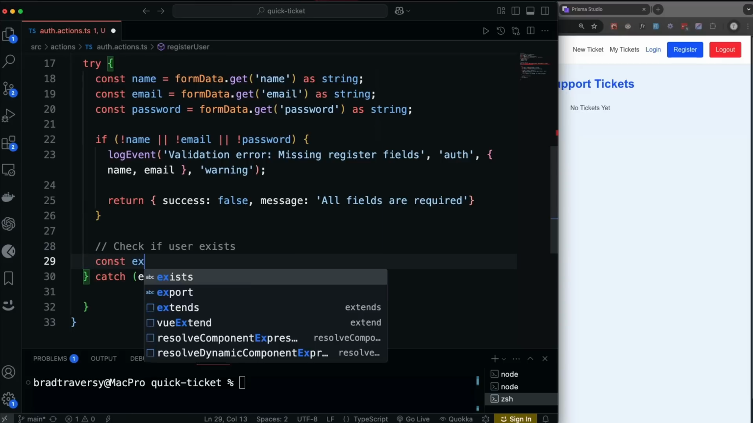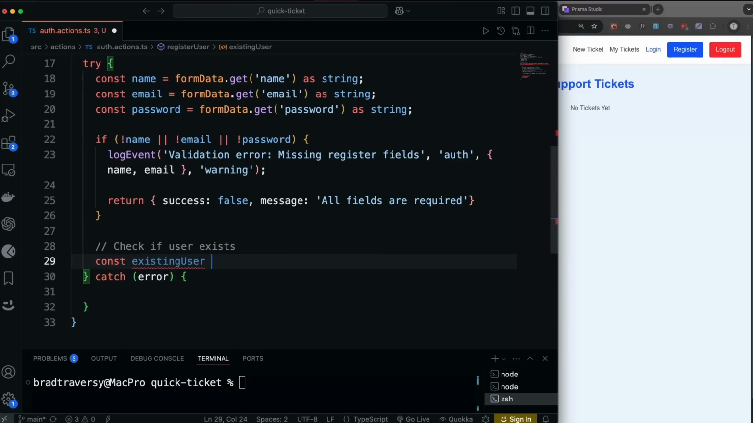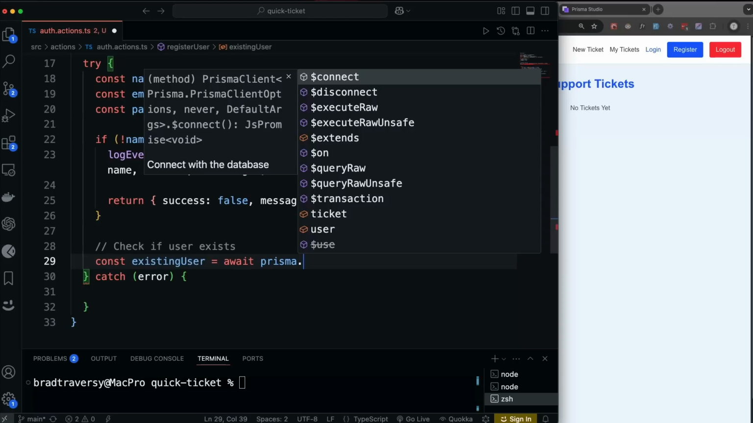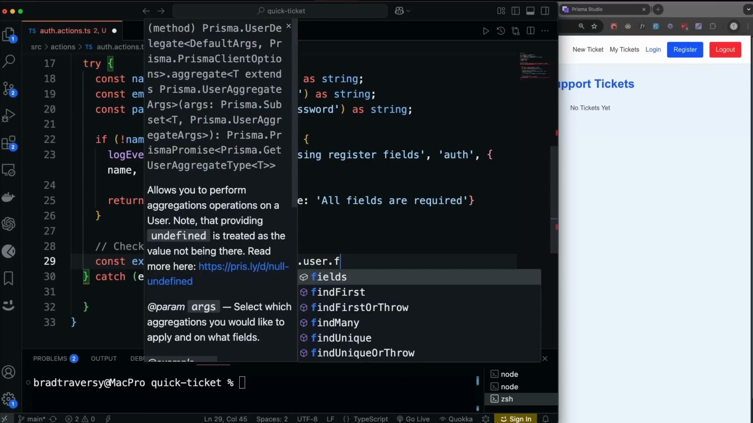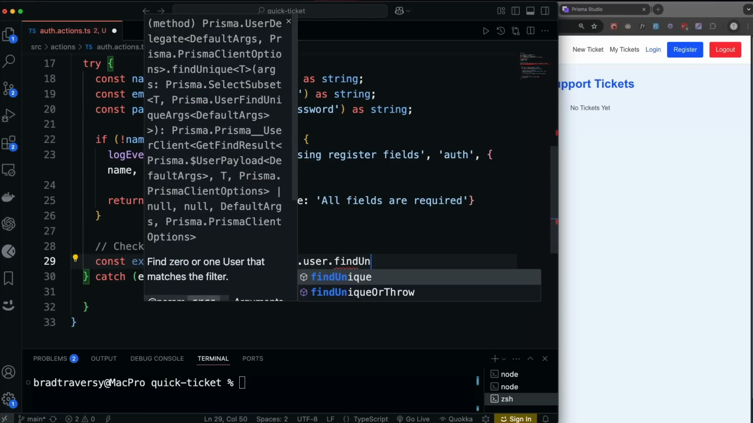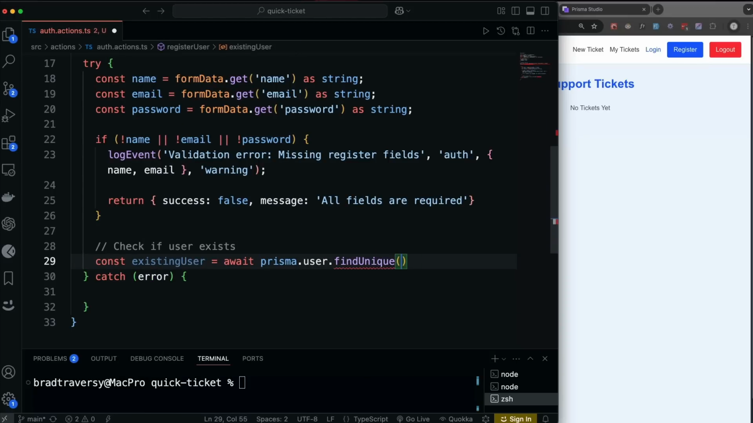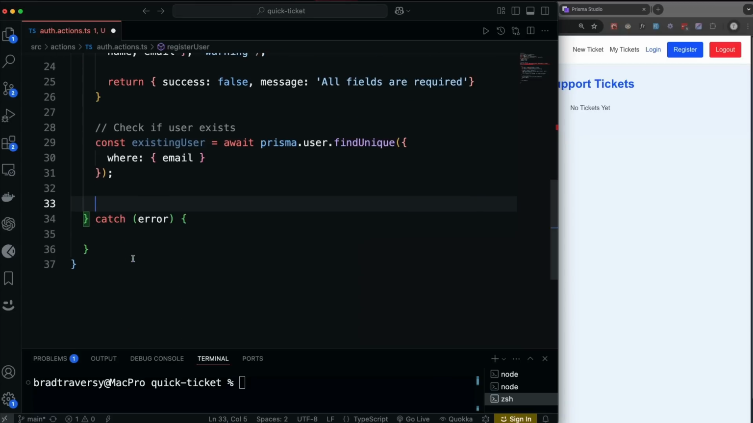So let's say const existingUser. We're going to set that to await, and then we're going to use our Prisma client and say prisma.user dot, and then let's do findUnique and pass in a where and just match the email. Okay, so we're checking for that user, and then we want to say if